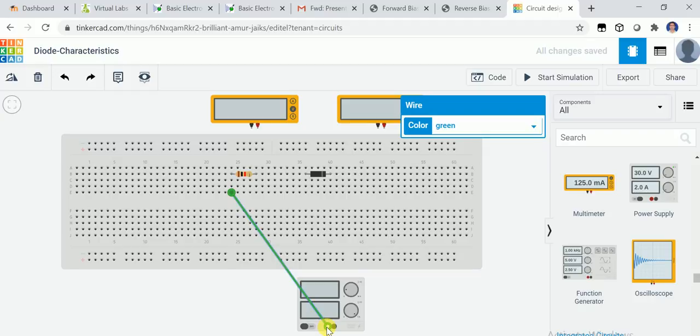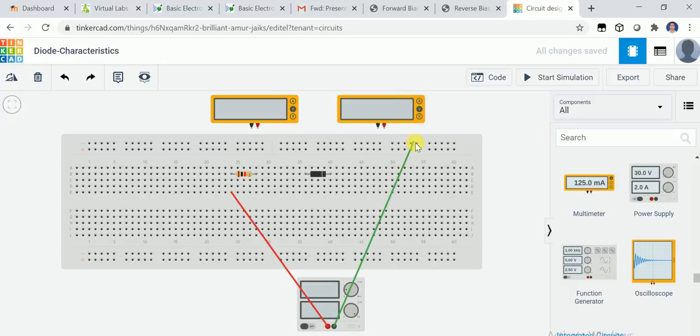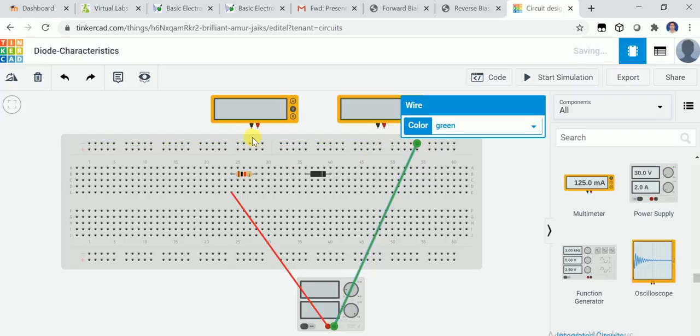Okay, this is the positive part, and in the lab it is generally in the red color. So we will utilize a red color, and for the ground or negative part we utilize a black color wire. So we will connect it to here, make it short because we need a lot of ground. And